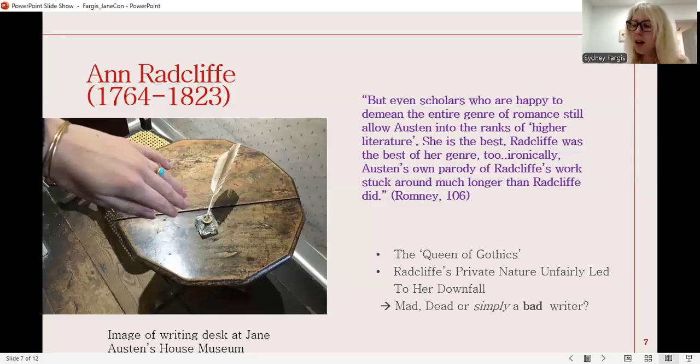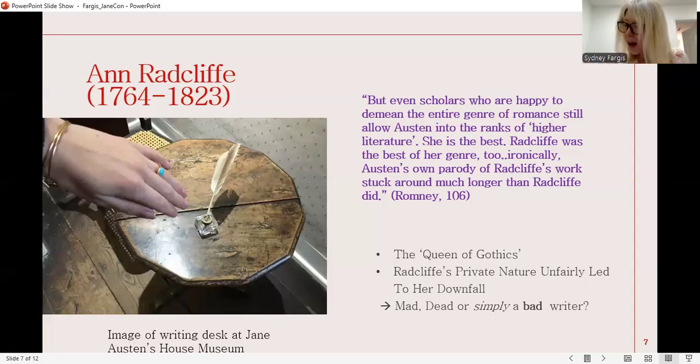So how did the woman Austen coined as the Queen of the Gothics sink into obscurity? We got Woolf giving Burney a title. We have Austen giving Radcliffe a title. She coins Radcliffe as Queen of Gothics in Northanger Abbey. How does this woman sink into obscurity? People stopped reading Anne Radcliffe altogether in the wake of a nasty allegation that for several male authors actually resulted in a heightening of fame.